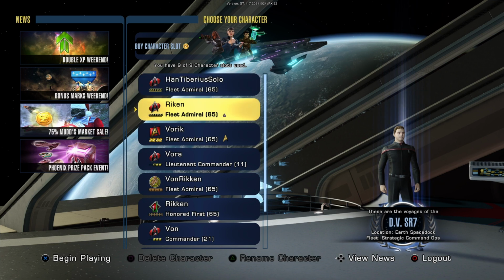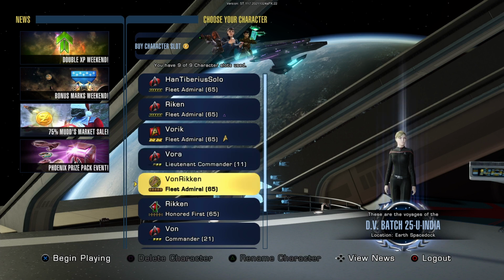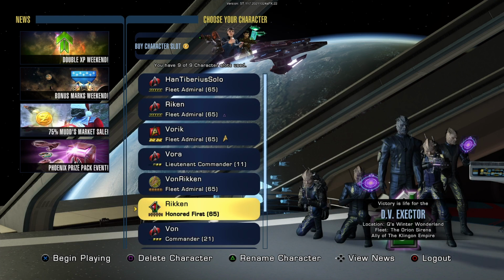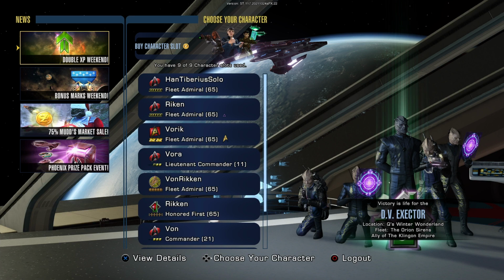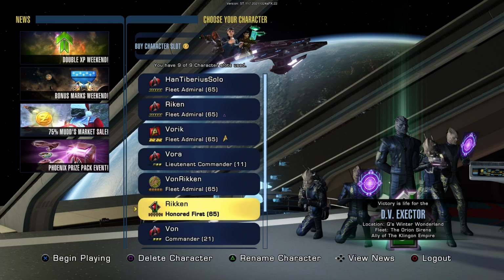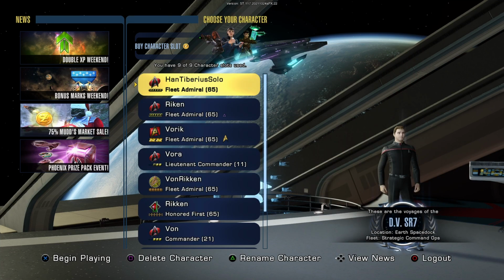I know not everybody's going to have time to make a flotilla of alt characters to fill with dilithium, but hopefully that method helps, especially with the double XP weekend, as you can see in the top left, going on right now. You could level, and there's actually bonus marks going on too. So this is a great time to be leveling up an alt, getting those extra marks, instead of wasting 4 hours on it like I did with this guy right here. You could probably do that in potentially half the time,